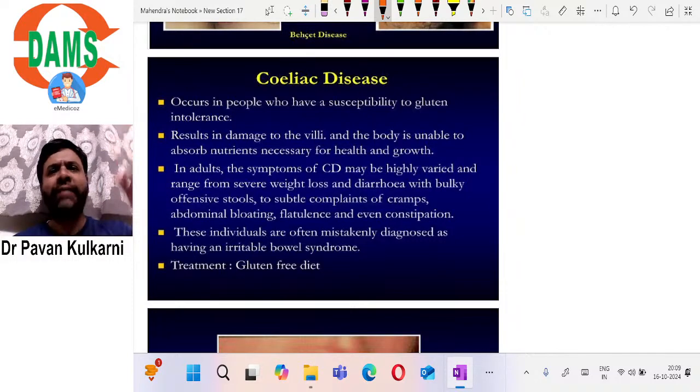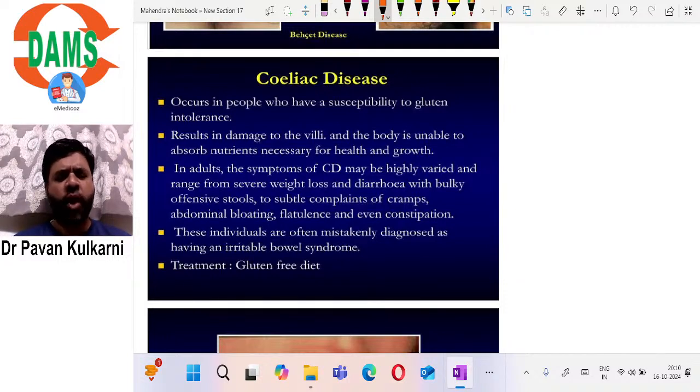We know that the intestine has certain villi. All of us know that. Due to celiac disease, those villi will be damaged, so absorption of nutrients will be hampered, resulting in extreme weight loss and diarrhea,